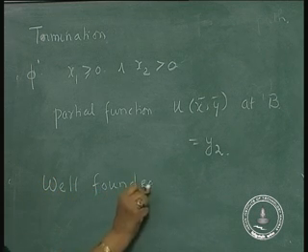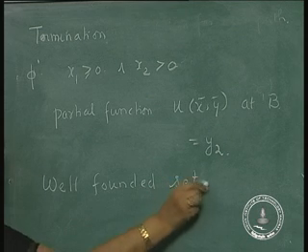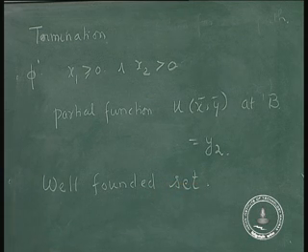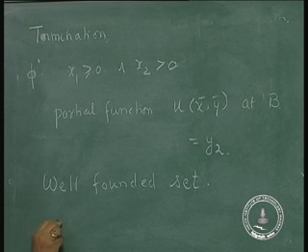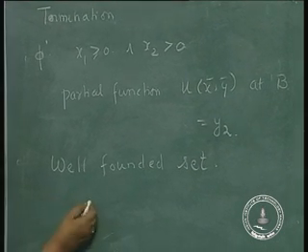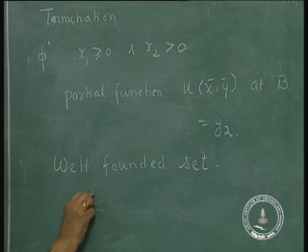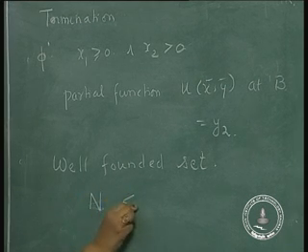A well founded set, we have not yet studied what is reflexive and so on. A well founded set is a set with an order relation. For example, here it is less than, and here it is the set of non-negative integers with the less than relation,